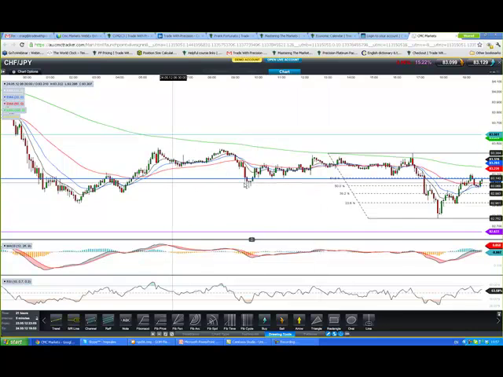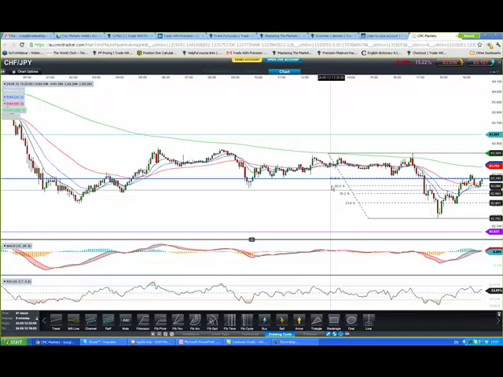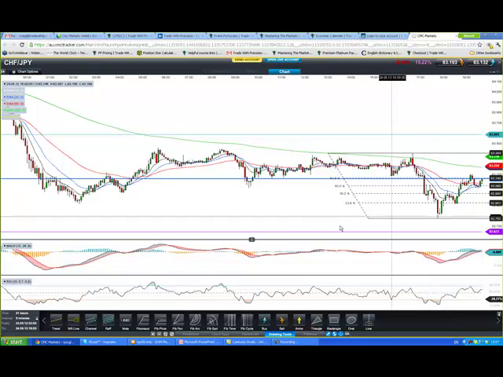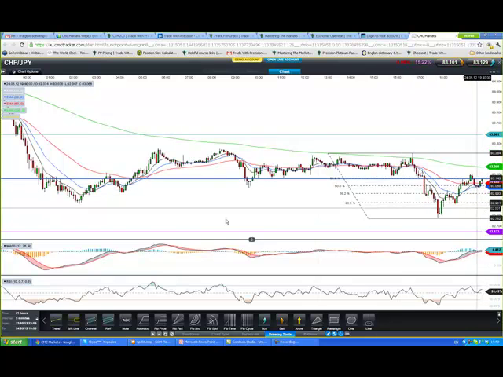Just be aware. When you see support and resistance levels this week, be aware of them. Have a plan for what to do around them. Build a strategy if you haven't already got one. So we've got 61.8% clustering nicely with this old support level. Old support quite often becomes new resistance. We've tested it once, we've pulled away, we're trying again. If we reject there, we could be seeing this roll over.